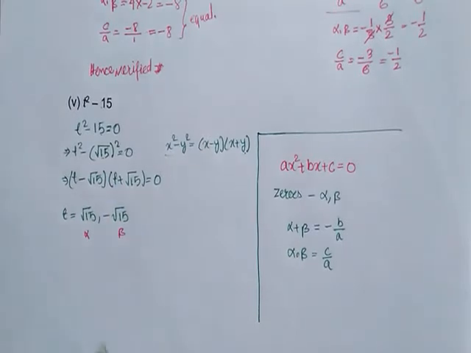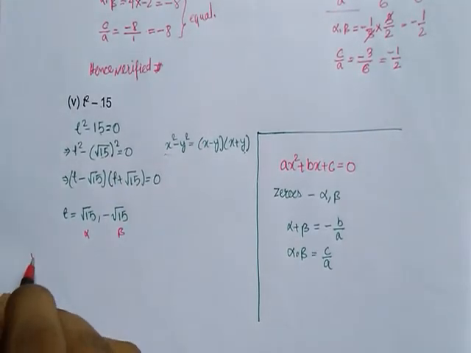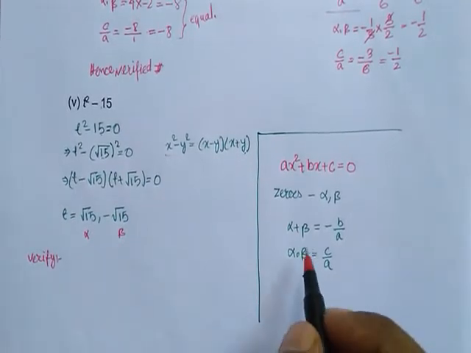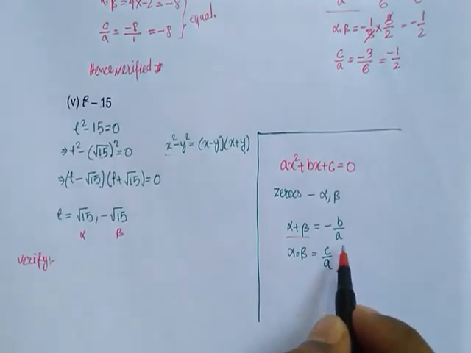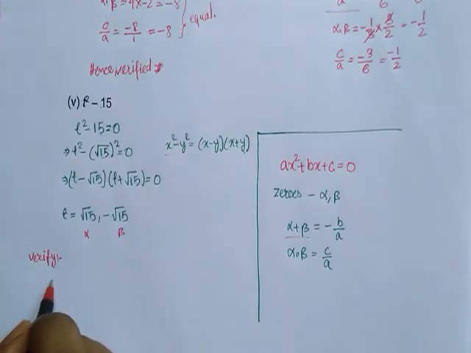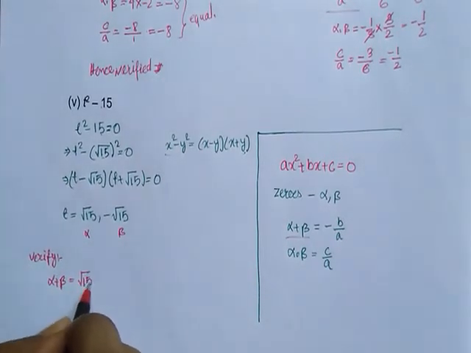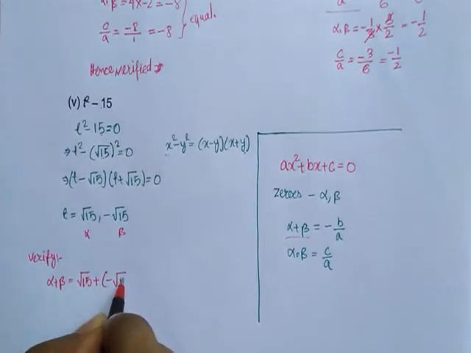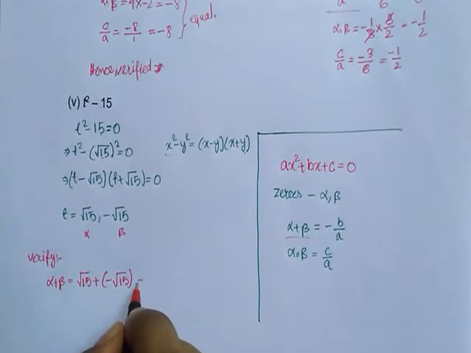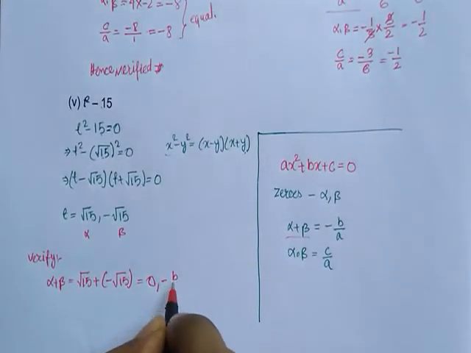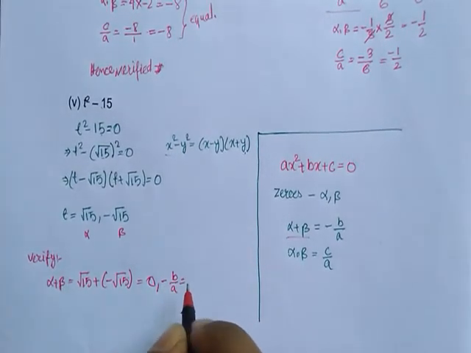Now for verification, the first condition alpha plus beta equal to minus b by a. The left hand side is alpha plus beta, so we'll add the two roots, root 15 plus minus root 15. These two will get cancelled out and the answer is 0. And minus b by a, the right hand side, is equal to